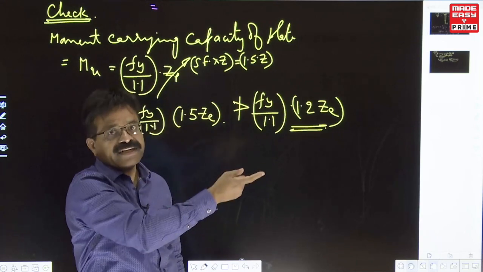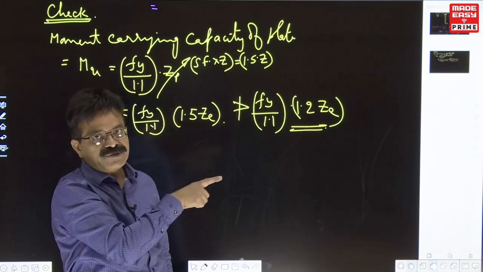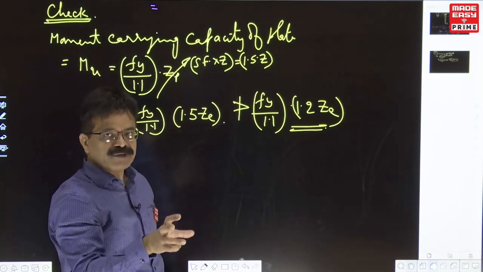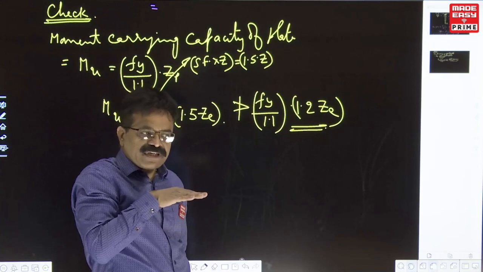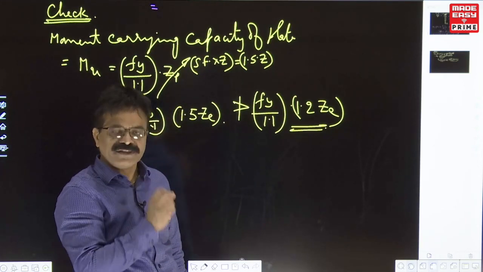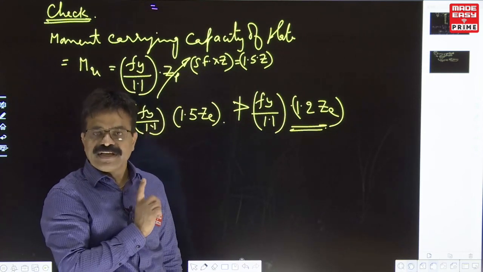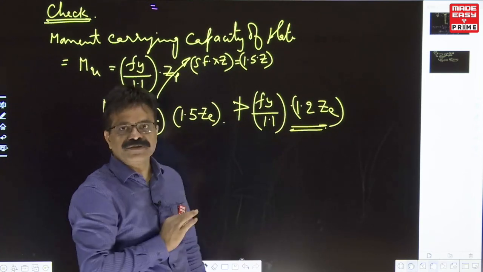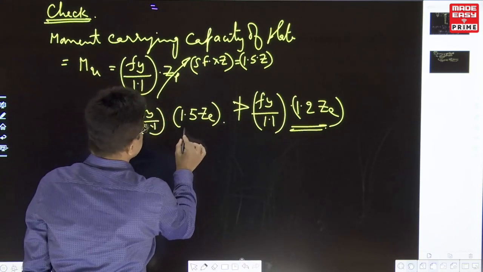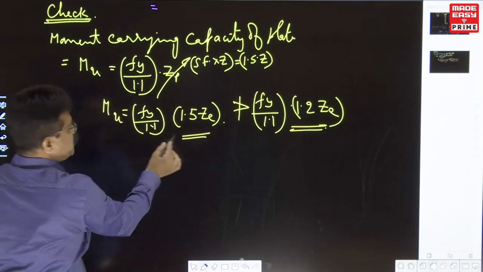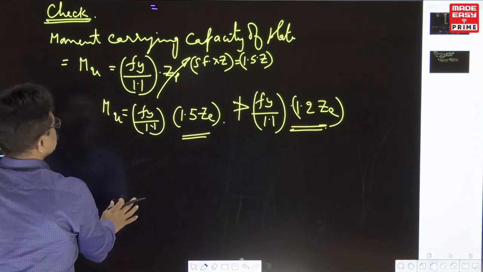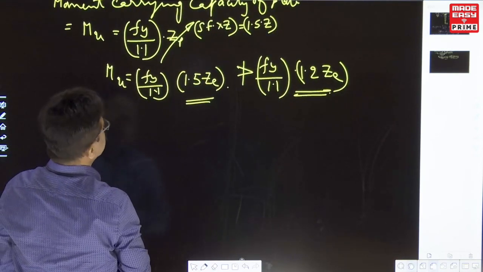But if you have a rectangular section where the shape factor is 1.5, and you are using simply supported beams, you have to take 1.2 Ze. If you have a cantilever rectangular section, let us say, we can take 1.5 times Ze. It should never exceed 1.5 Ze for cantilevers, and 1.2 Ze for simply supported. So we take the 1.2 Ze value now. So the Mu value we take as 1.2 Ze into Fy by 1.1. So this is the plastic moment capacity of the section.